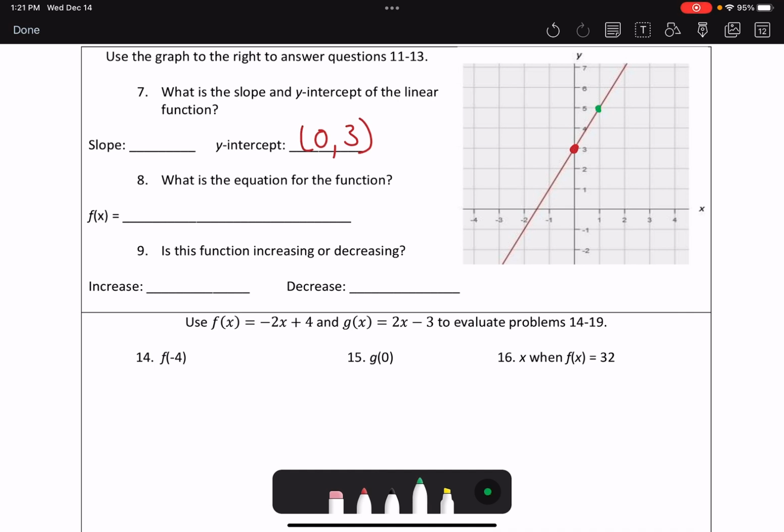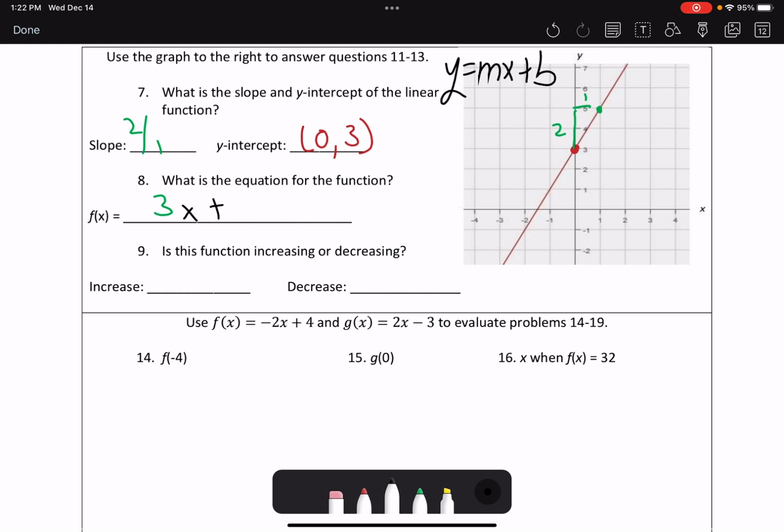And I know in order to get to that point, I've got to go up 2 and to the right 1. So that gives me a slope of 2 over 1. In order to write these linear functions, I need y equals mx plus b. So in this case, I've got 3x plus 3. Excuse me, not 3x. 2x plus 3